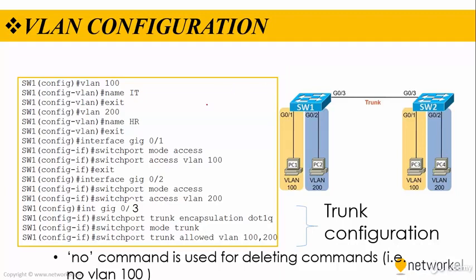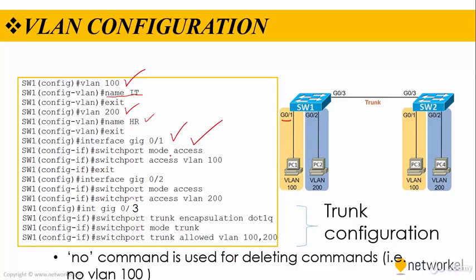Here are the configuration steps of the VLANs. First, we are creating the VLANs in the configuration mode. For example, VLAN 100, and we can define a name. This is arbitrary. And we are defining VLAN 200 and the name of it too. Then we are going under the interface mode by typing interface gig0/1, for example, which is this port, and